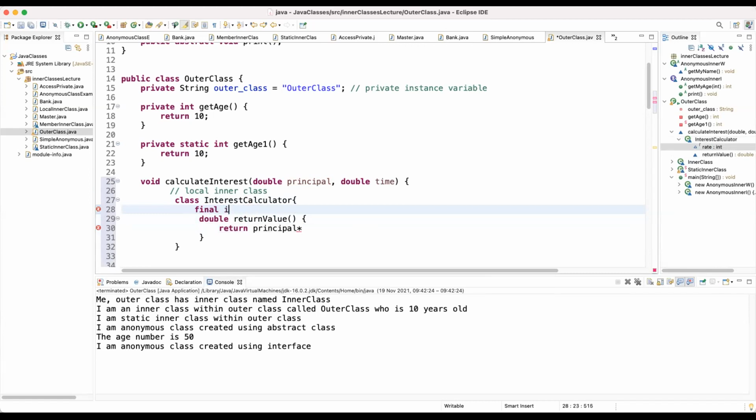In this case, okay, let's give it double, because usually some might find a bank has 0.55 or something. So in this case, we can have final double rate, which is 0.75, then we terminate that. So in this case, this method return value, which is within this local inner class interest calculator, is the one which is going to return the value of the interest. So in this case, it is principal times rate, which we have, then multiplied by time,